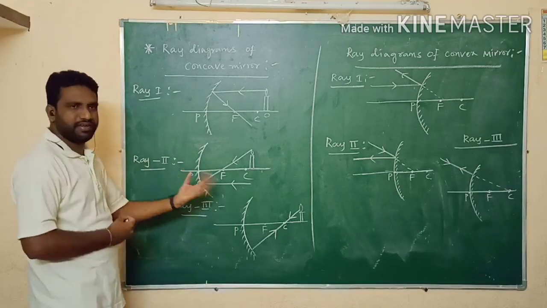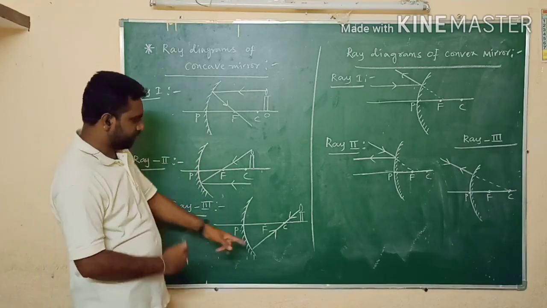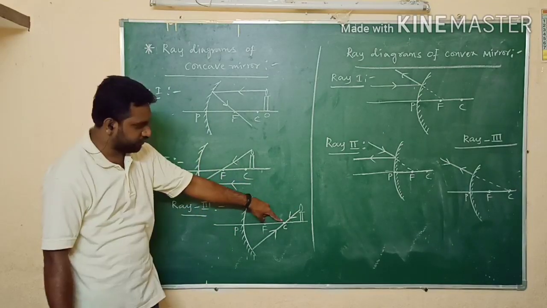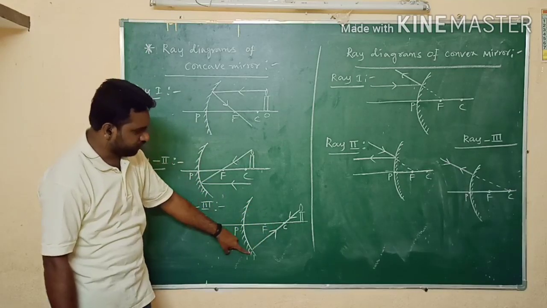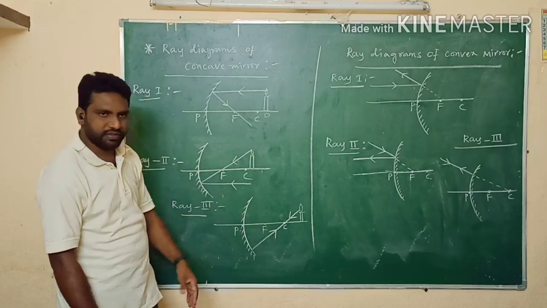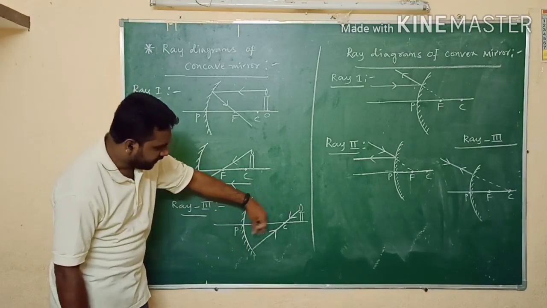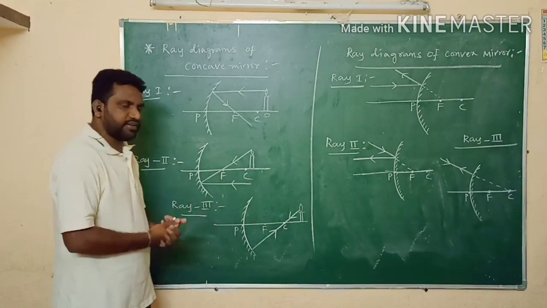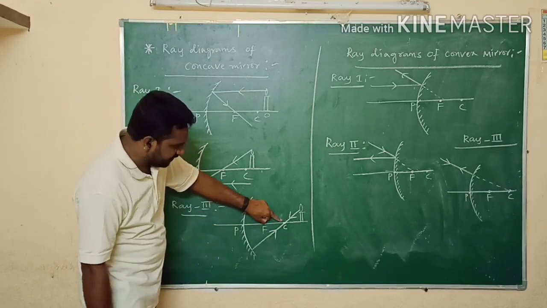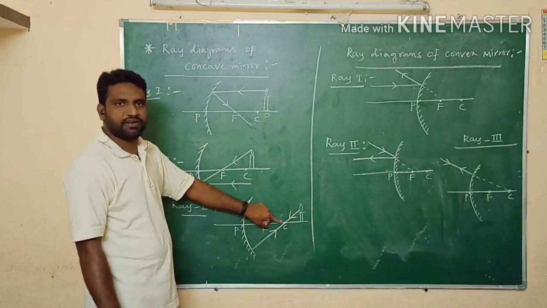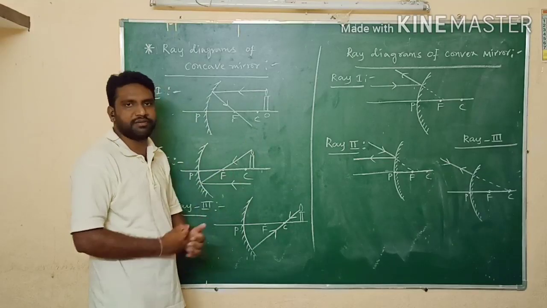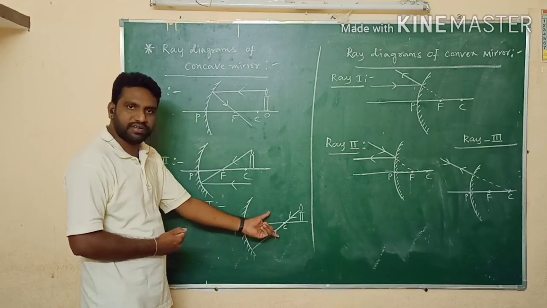And the third one is very easy. It is very simple. If you observe this diagram, if we incident the light ray from the center of curvature, from C, after hitting the mirror, the reflected ray returns back in the same direction. It follows the same path. Why does it bounce back along the same path? Very simple: we are incidenting the light ray from the center of curvature. That means we are incidenting the light ray along the normal. So that's why it returns back in the same direction. This is also known as normal incidence.